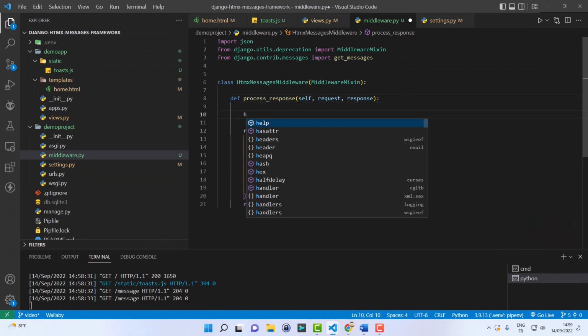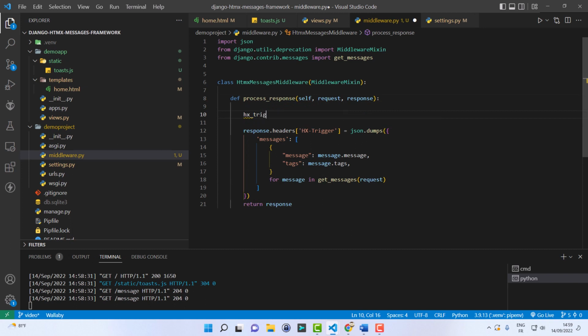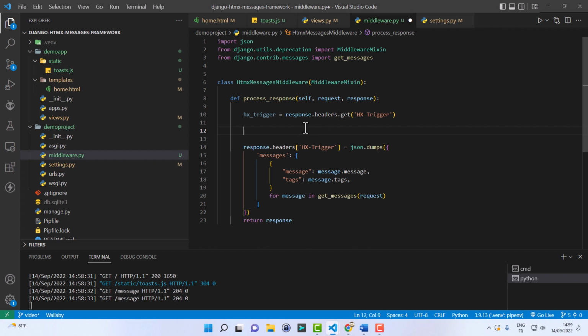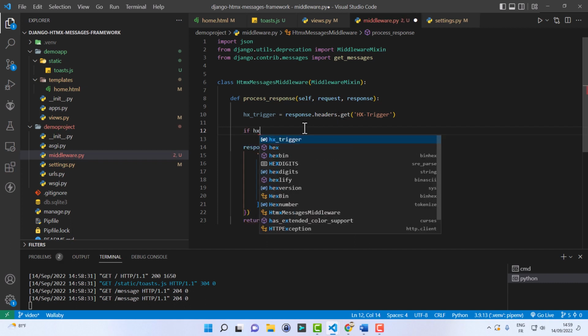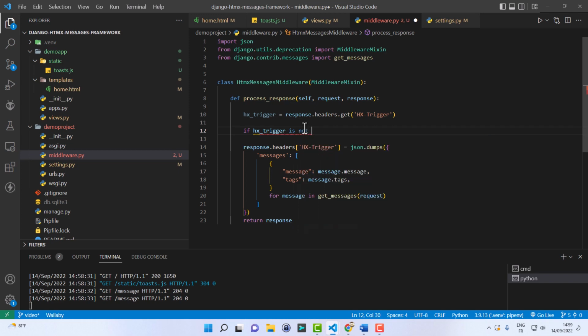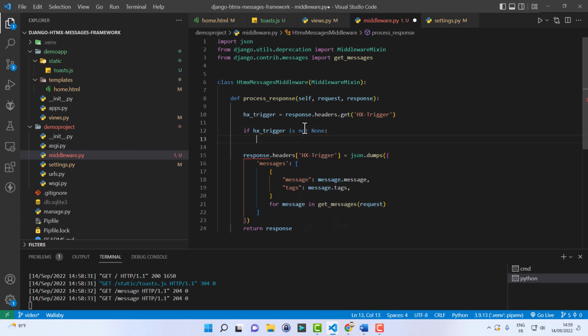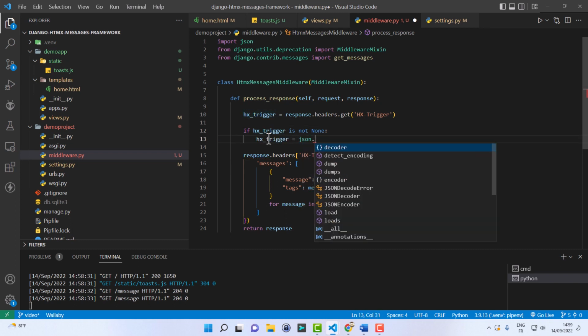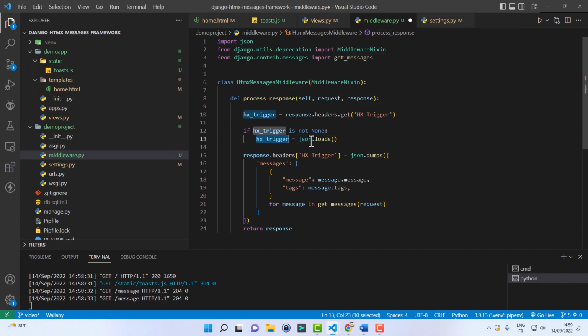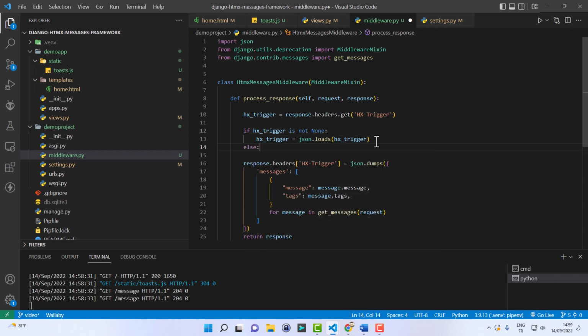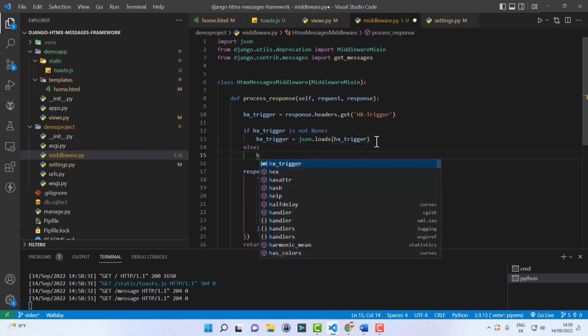Let me get the content for the HX-Trigger header like this. Get, if this header is not None, well, in that case we will parse the JSON document inside of this. So json.loads of hx_trigger. So here hx_trigger should be a dictionary, and if hx_trigger is None, well, in that case that's easy.